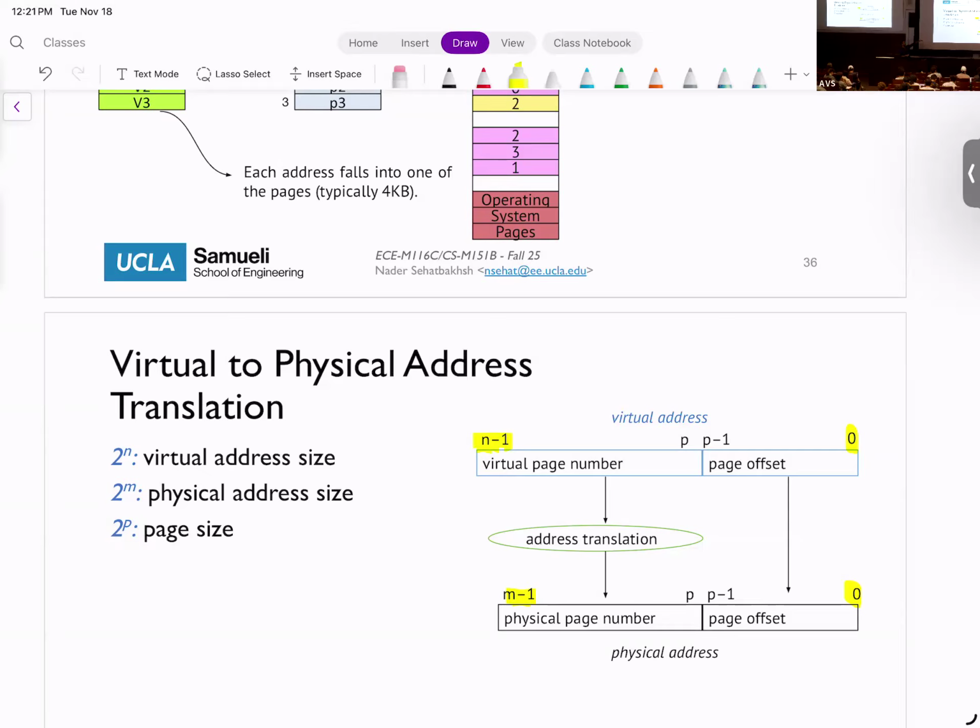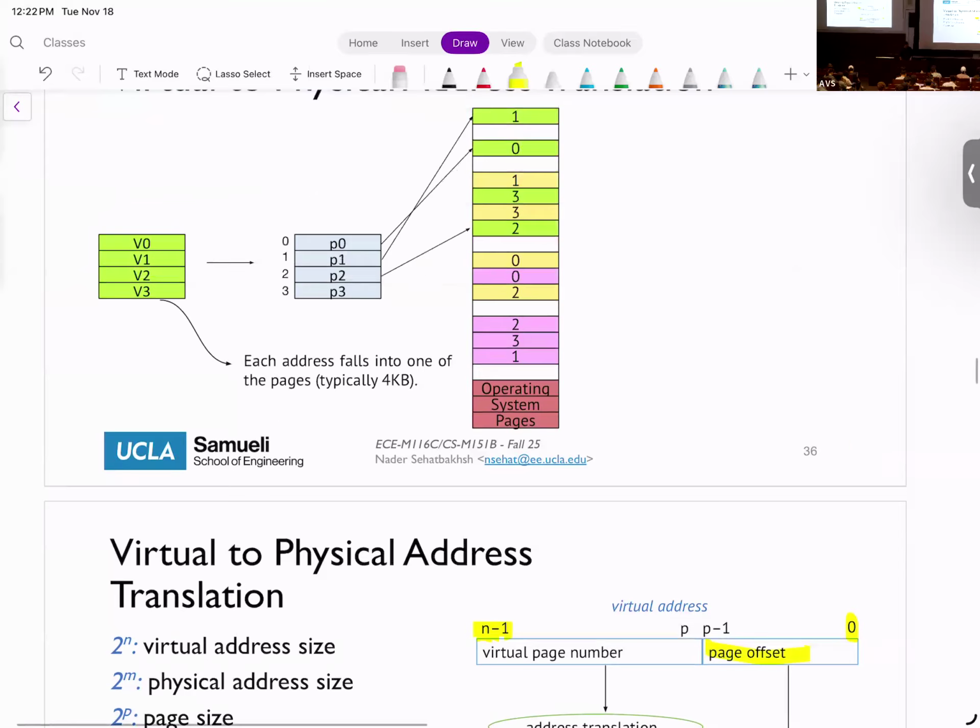And what is m? As I said, m is determined by the hardware that you put into your system. So if you buy 16 gigabytes of RAM or 32 gigabytes of RAM, that's how much you're going to get. The log of that would be the number of bits that you have. Okay. Then you have this important thing called the page offset.